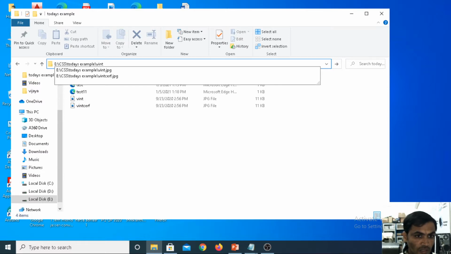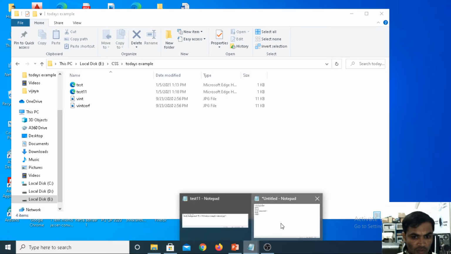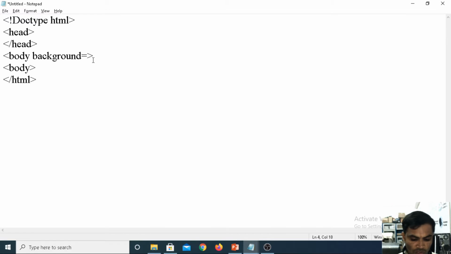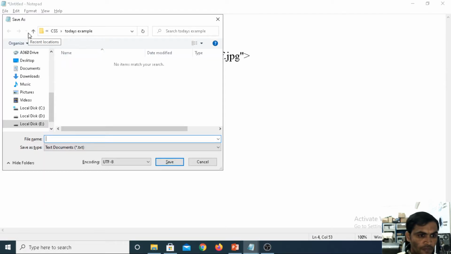Now I am copying the entire URL with Control C. Then in Notepad, in the source code, for the background attribute of the body tag, I am pasting it here with Control V.